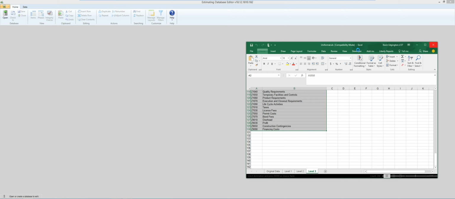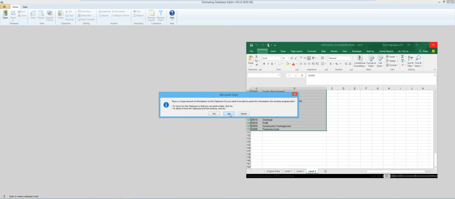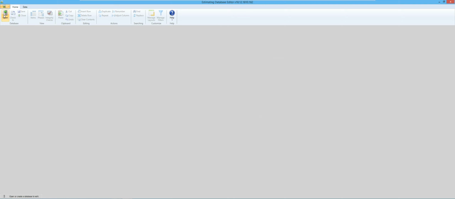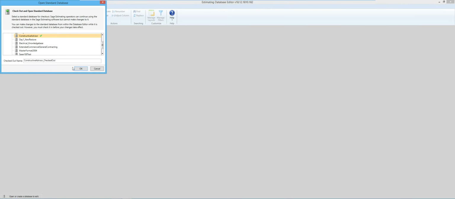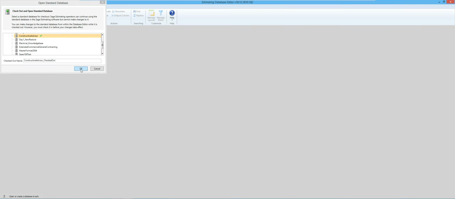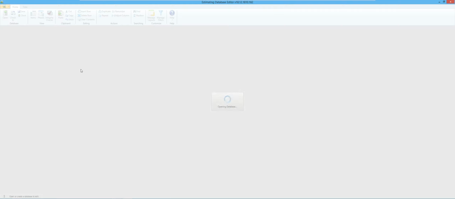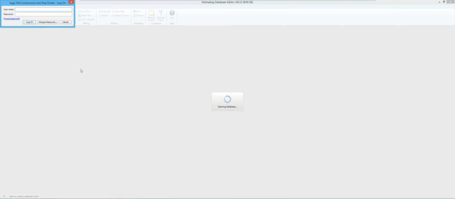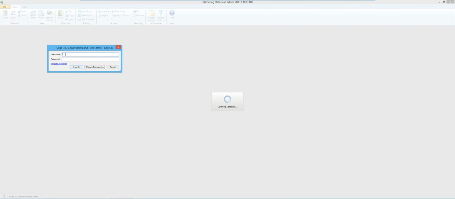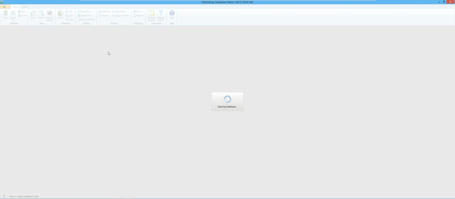And I'm pretty much done with that spreadsheet. So I want to open a database. I'm going to check this database out so I can make modifications to it. Since I've got accounting on this machine, it's trying to figure out my credentials to know whether it's allowed to show me job cost content or not. So I'm going to go ahead and log in for it. You may or may not see that message on yours.